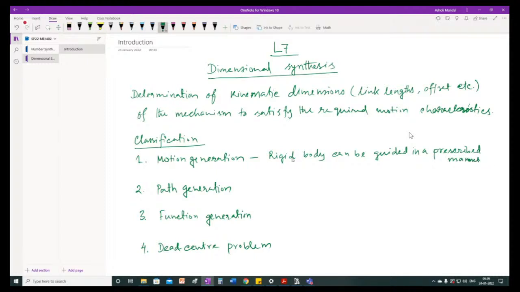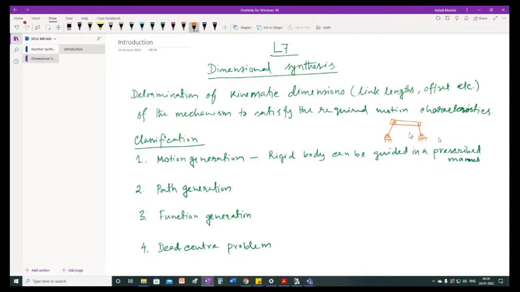Okay, so what does it mean? Suppose we have a four-bar mechanism like this, four-bar mechanism like this, and